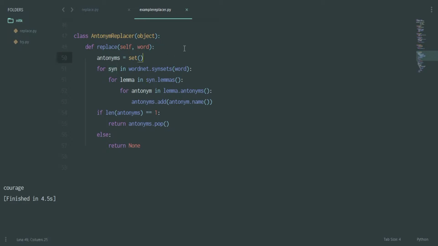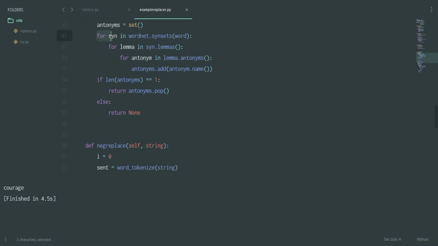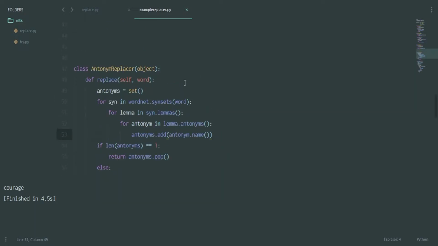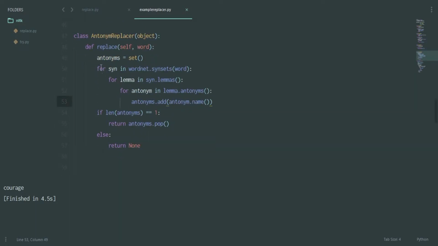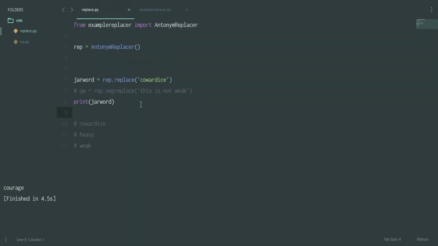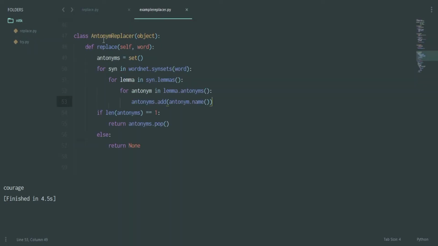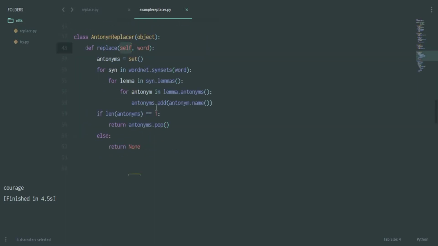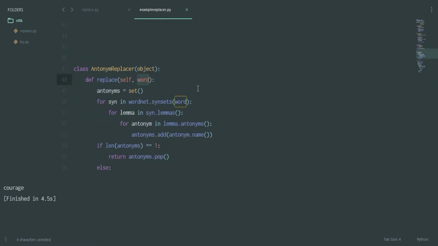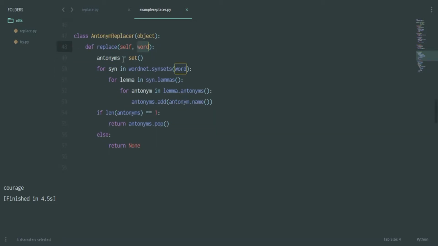okay. If you remember in the 6th video, I did something like this. I also mentioned that we have 4 lines of code, 4 cycles. So over here, how this is working is basically this class has been initiated, and then the replace method is as follows. It will take self as the first argument as usual, which is for every method, and word is the second argument. So when I pass a first word, it is creating an antonym set. Set is nothing but